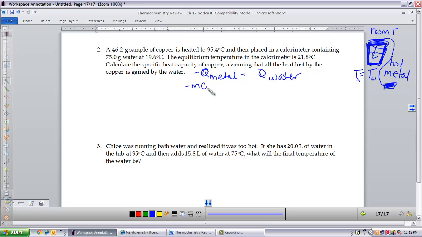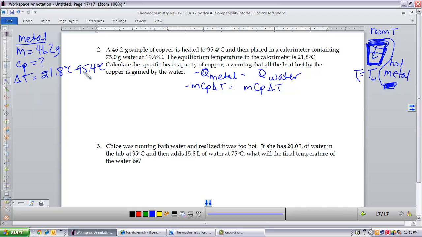So Q is equal to mCp delta T. We could plug that in for each of those. I like to put a data table over here. We've got data on the metal. The metal mass is equal to 46.2 grams. Our Cp is what we're looking for, and our delta T is final minus initial. Again, the final temperature of both is the same. They both end up at 21.8 degrees C, and then you subtract the initial temperature, and it ends up being negative